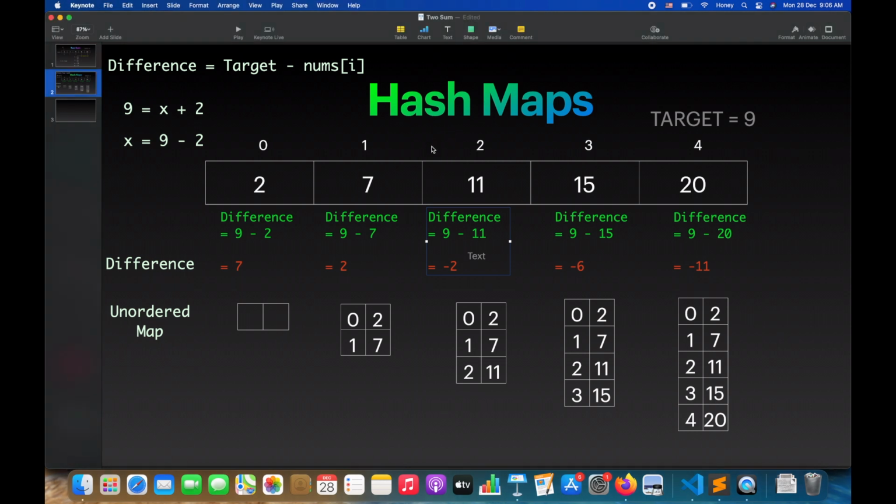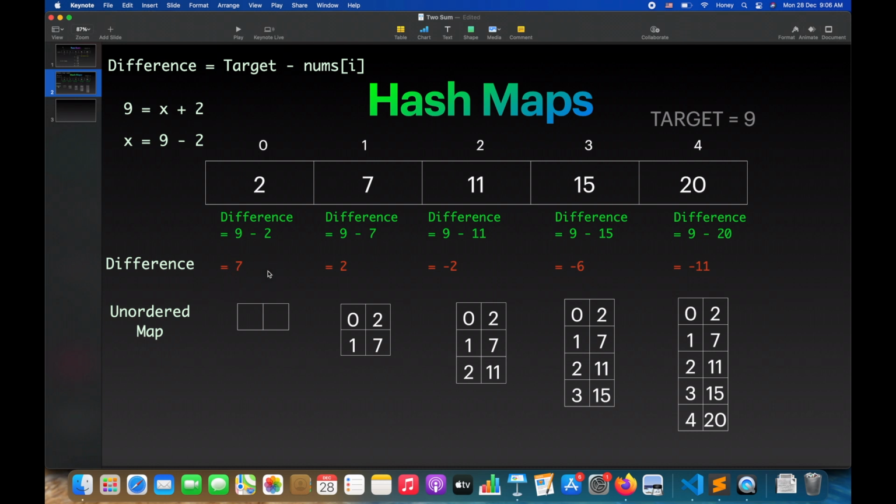So here you can see you are given an array. Just don't look at this and get confused. Okay, so here you are given an array. These are the index numbers of the array. The target is 9. Now let's say you want to search for two numbers which add up to 9. First, just focus on this 2. 2 added to what will give us 9? 2 added to 7 will give us 9.